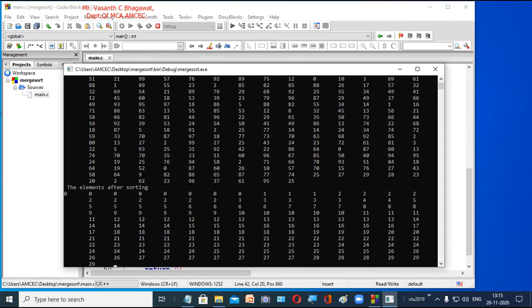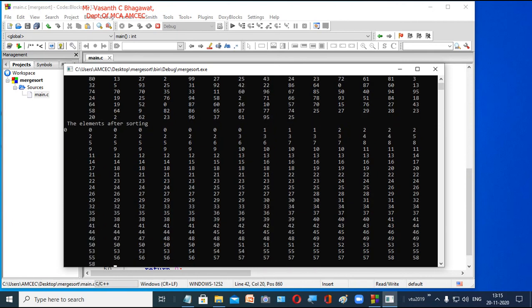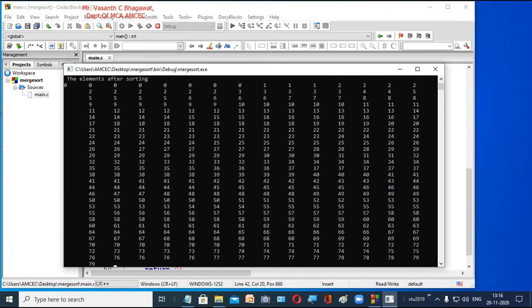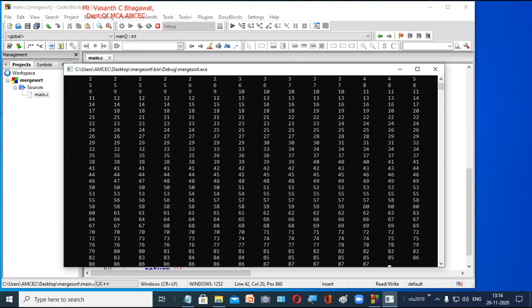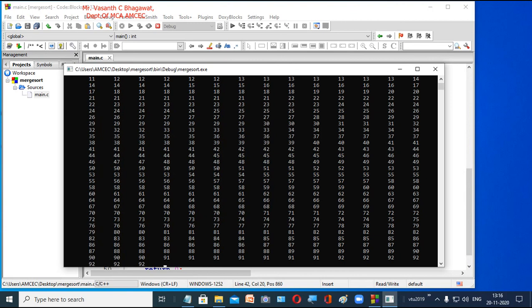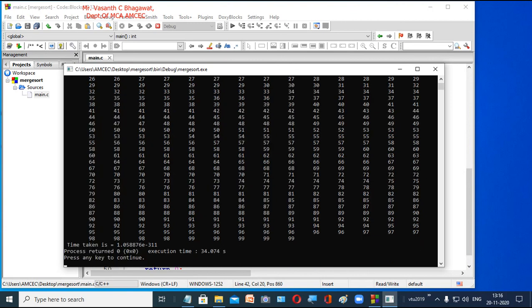The numbers are generated and the sorting process is going on. Randomly some numbers are generated, and you can see that all these numbers are between 0 and 100. So now this is the time taken.